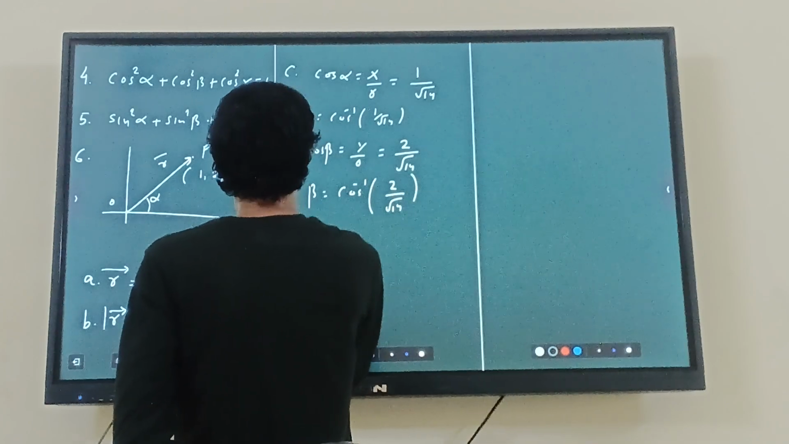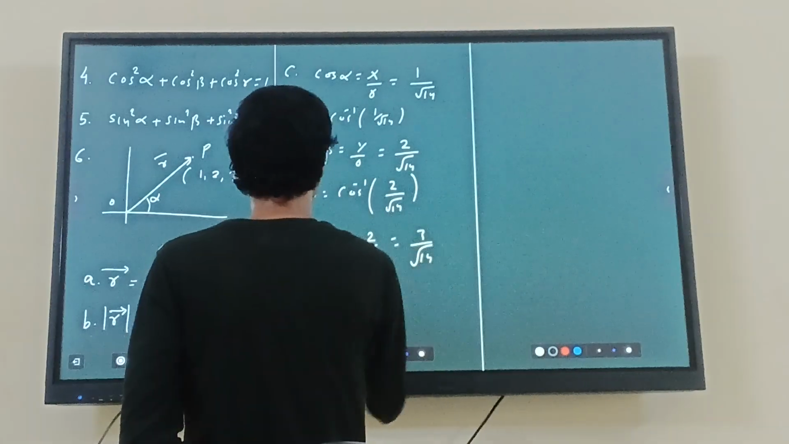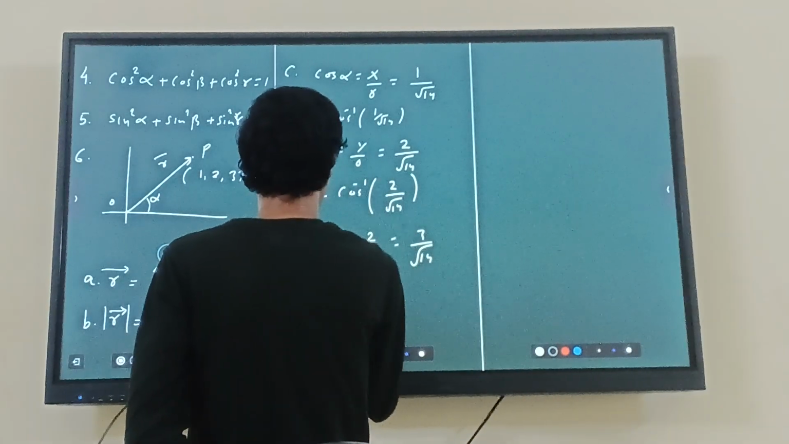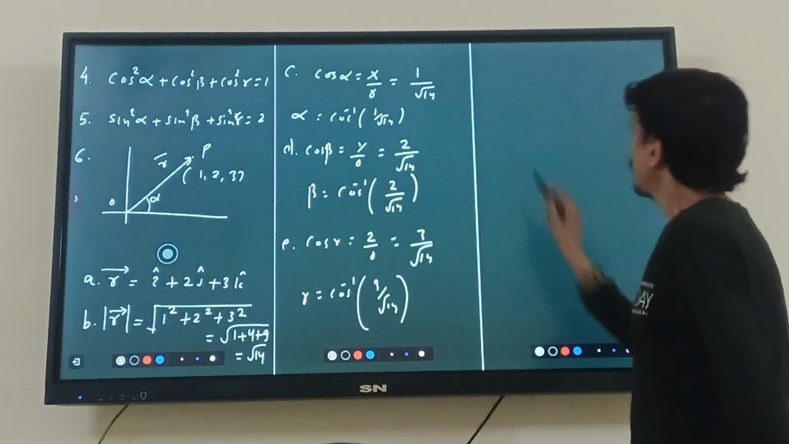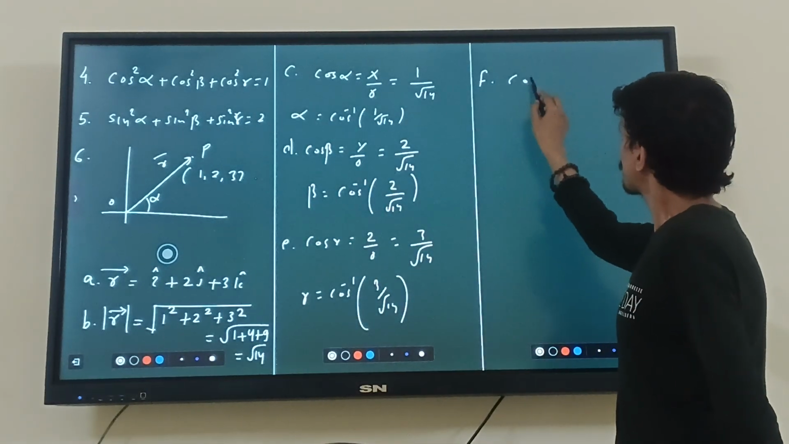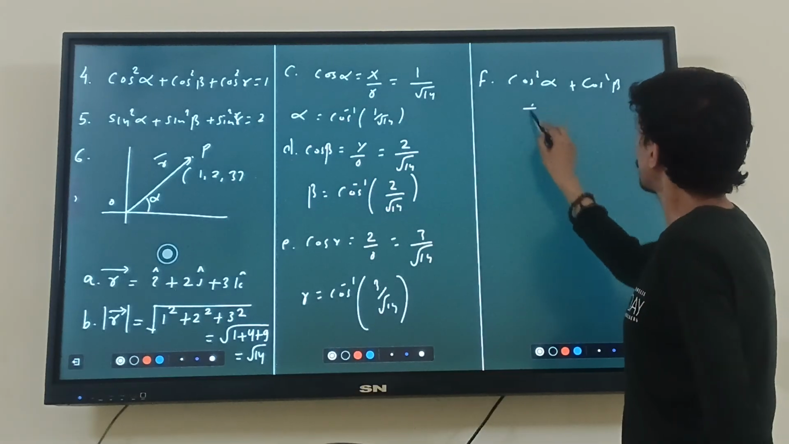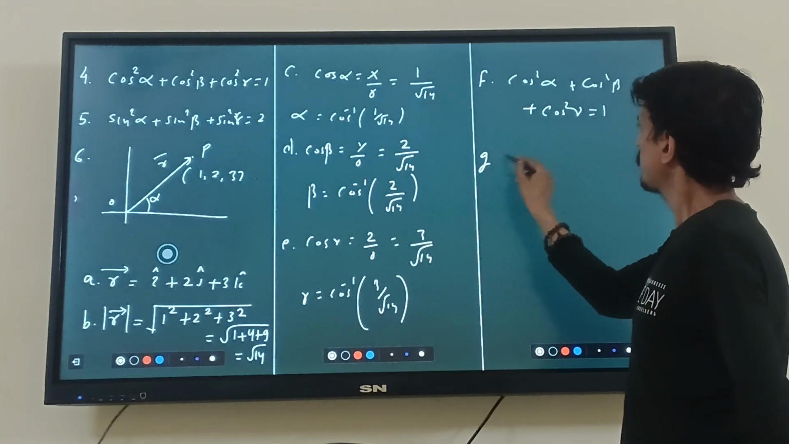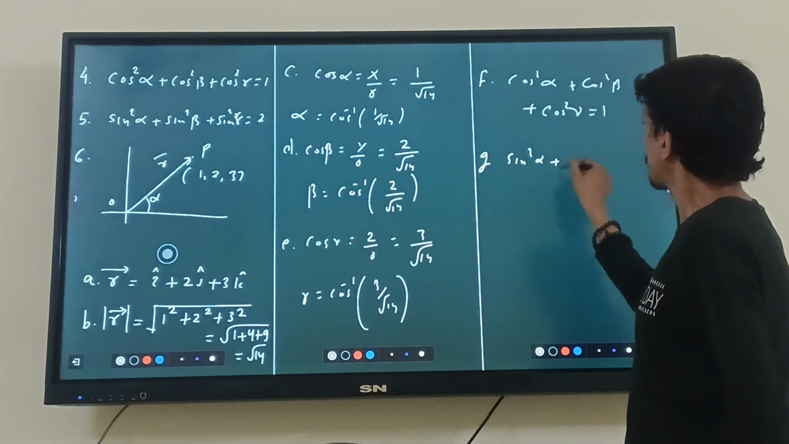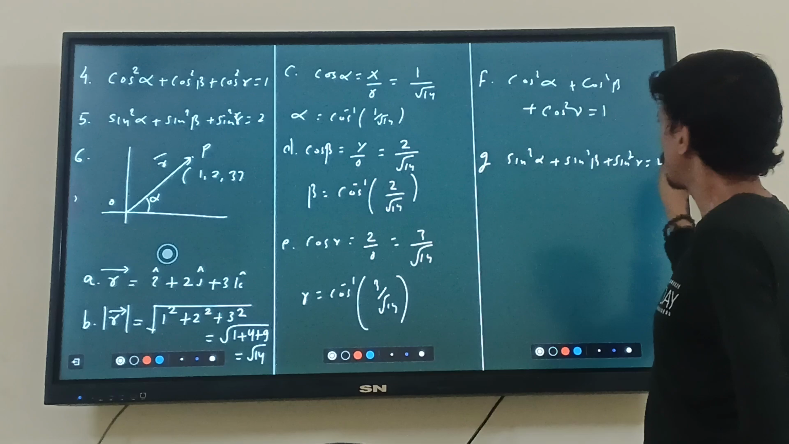Similarly, हम cos गामा फाइंड कर सकते हैं, that will be z by r, so that will be 3 by root 14। तो यहाँ से गामा आपका cos इनवर्स ऑफ 3 by root 14 आ जाएगा। F ऑप्शन में अगर हमसे पूछा है cos स्क्वायर अल्फा प्लस cos स्क्वायर बीटा प्लस cos स्क्वायर गामा, तो इसको अगर हम सिंपलीफाई करें तो that will be equal to 1। नेक्स्ट क्वेश्चन में आपसे पूछा है sin स्क्वायर अल्फा प्लस sin स्क्वायर बीटा प्लस sin स्क्वायर गामा, इसको आप सॉल्व करेंगे ये 2 आ जाएगा। So these are the various options for this।